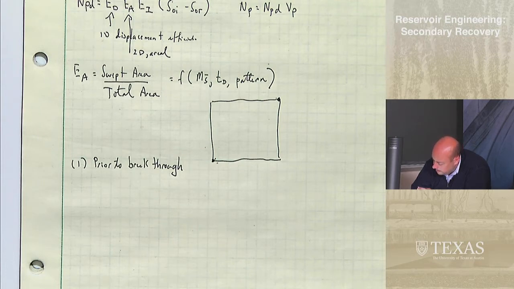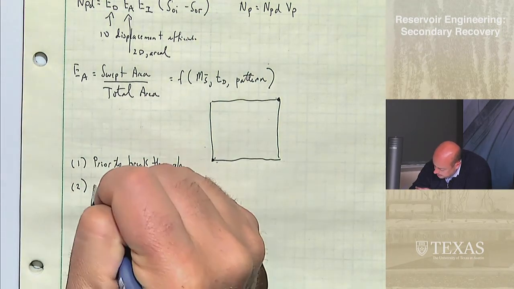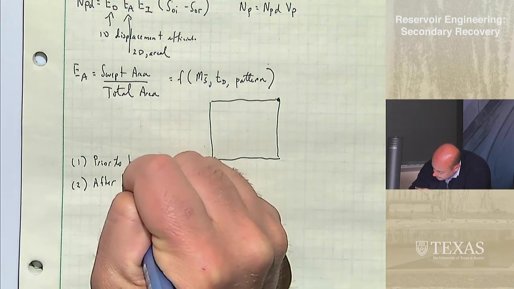Prior to water breakthrough, you're just producing oil because the water that's there is irreducible, it doesn't move. So you inject a barrel of water, you produce a barrel of oil, and this continues through breakthrough. Okay? And then you have a time that is after breakthrough,